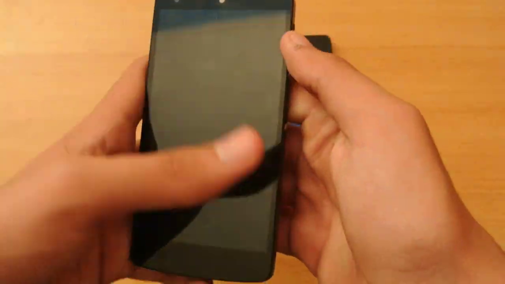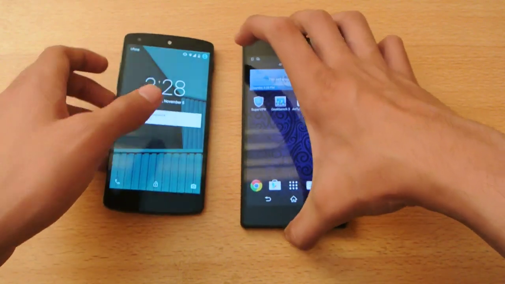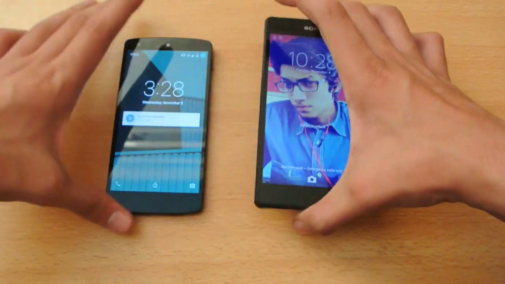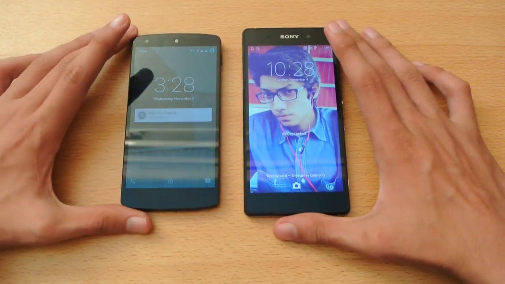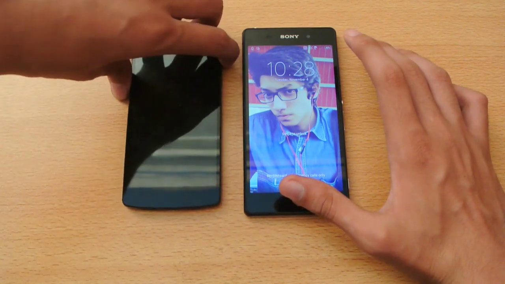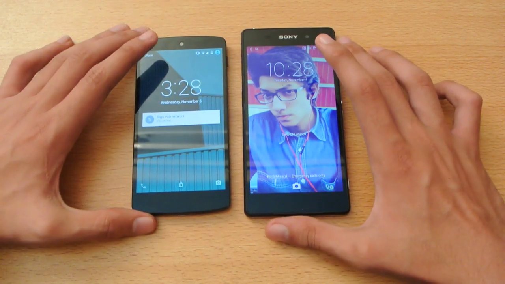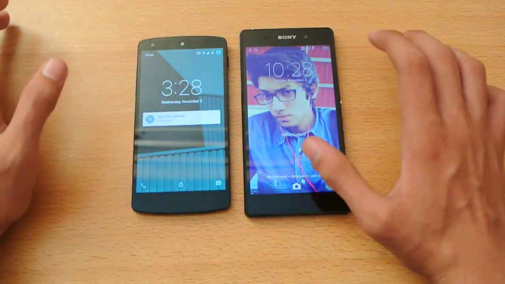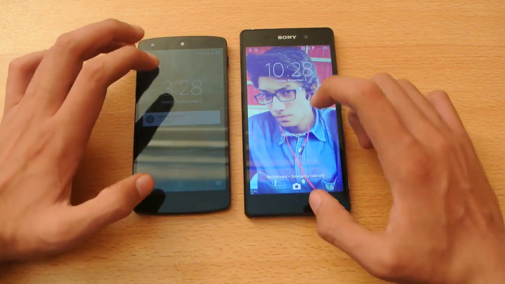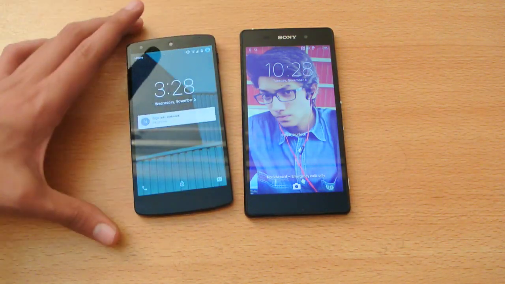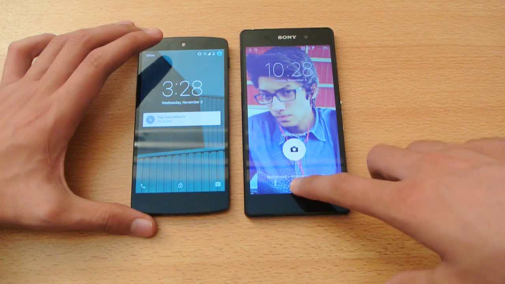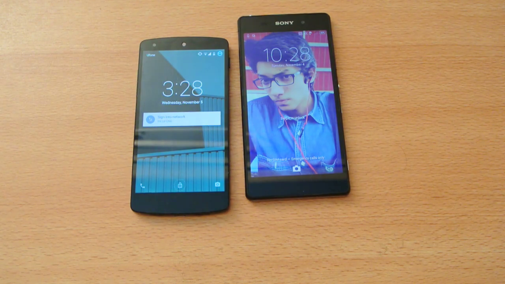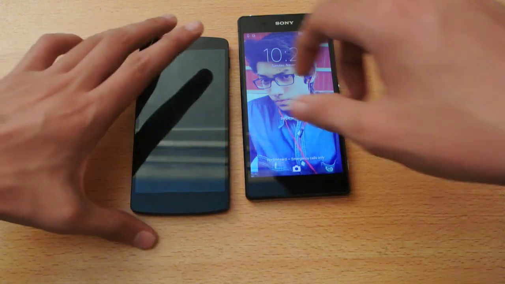And of course, one more thing is that if we compare the lock screen, the second thing that we start off with will be the lock screen here. You can see we can add some custom images on both of these software. You can use them as a wallpaper for your lock screen. So you can see that you can quickly go into camera like this, swipe to camera, and you can also add some stuff. I'm pretty sure if you go into settings on the Sony Xperia Z2,